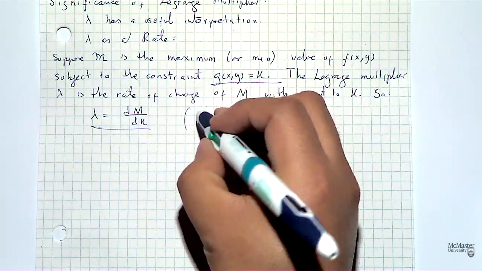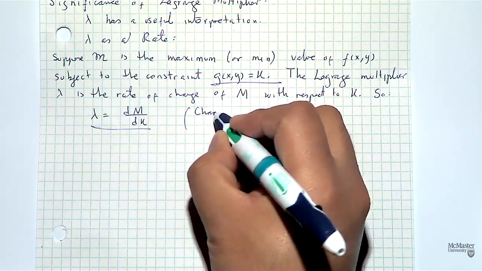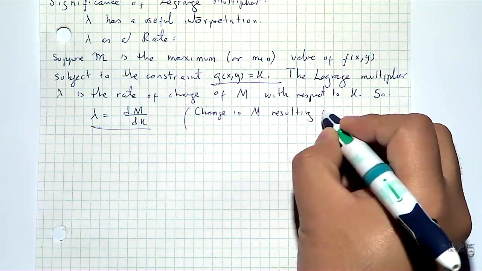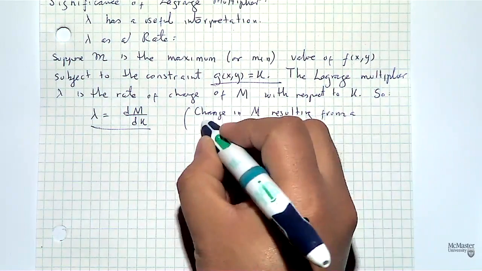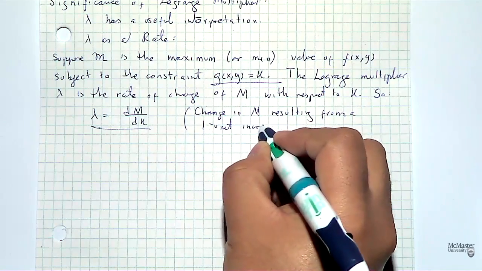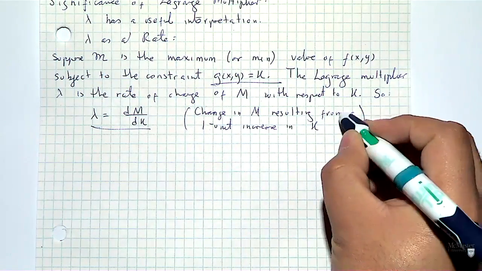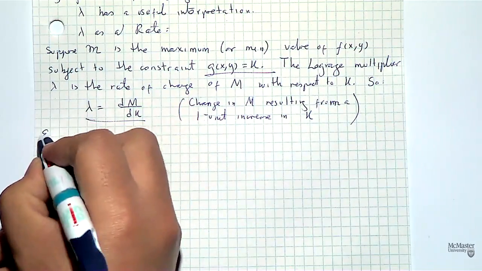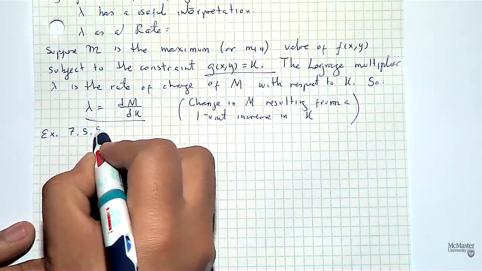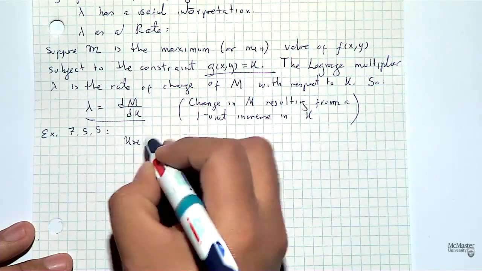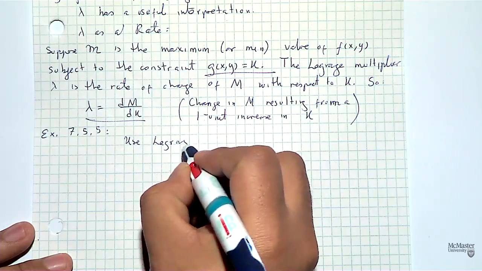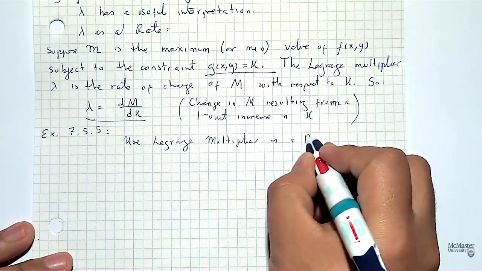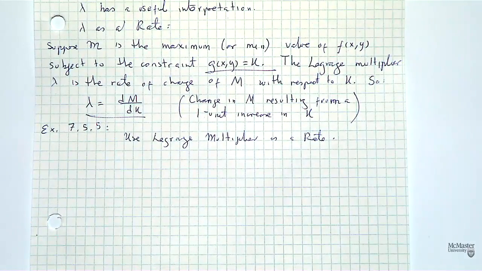And if you want to state it verbally, it is the change in this constant m resulting from a 1 unit increase in k. So, anyways, we're going to use this concept in the next problem, where we'll use the Lagrange multiplier as a rate, and the problem is somehow applied,